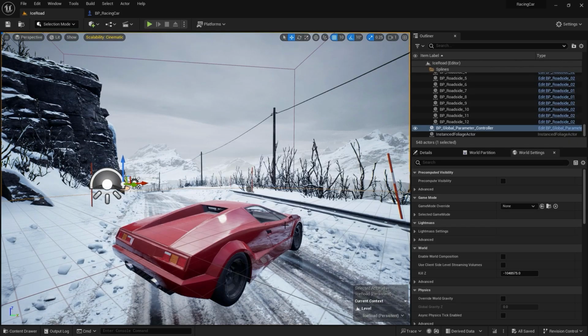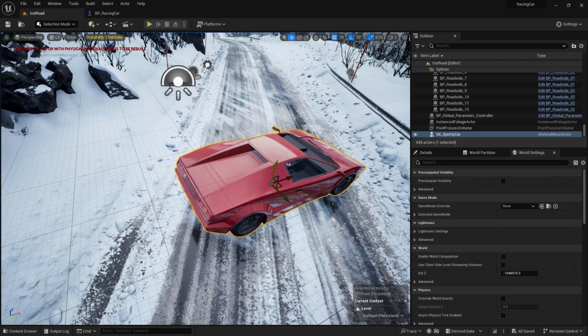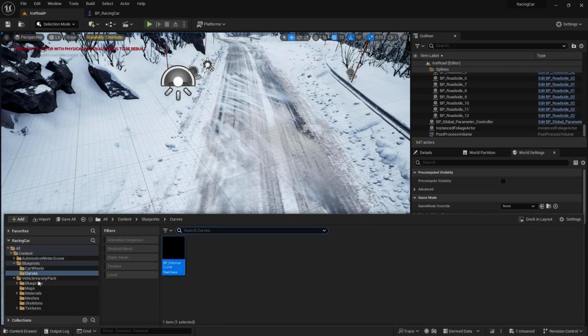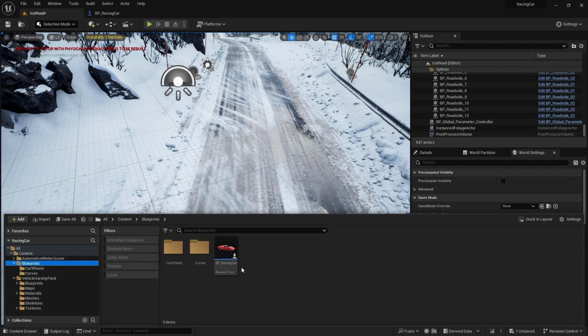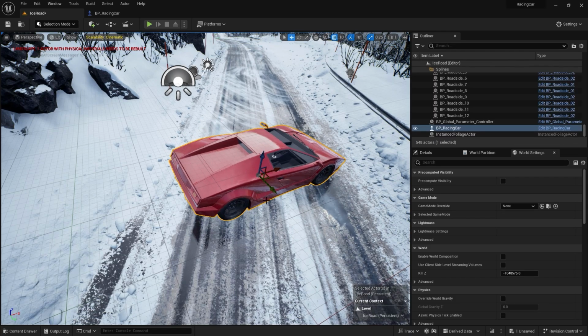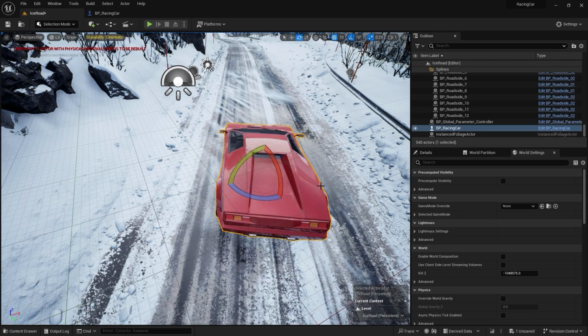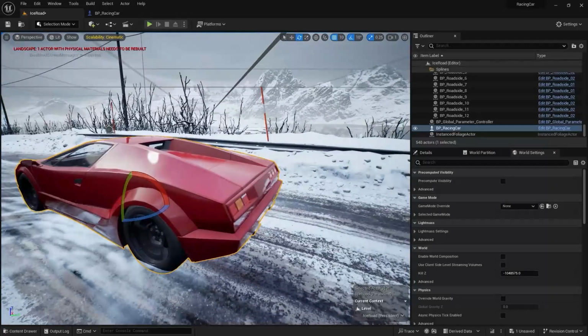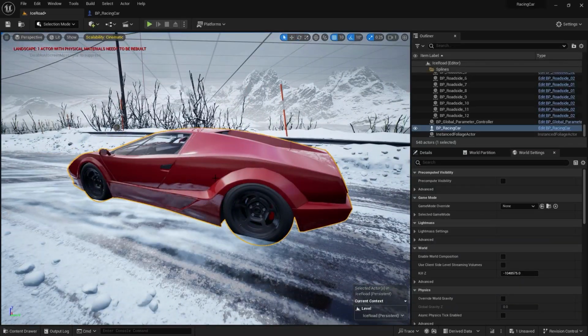So now if I come here, well, this is a car mesh. I'll delete this one, and if I come here to the blueprints, here we have this racing car blueprint. I'll add this to the map. Now we have this one in the map, and everything looks pretty good. But the problem here is